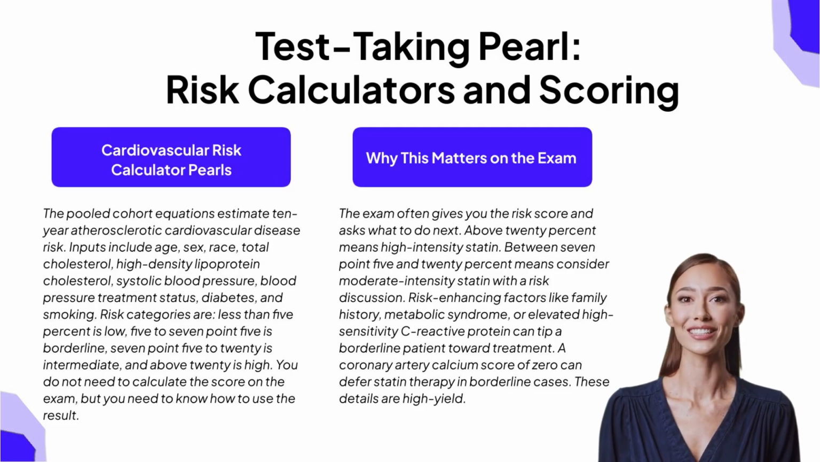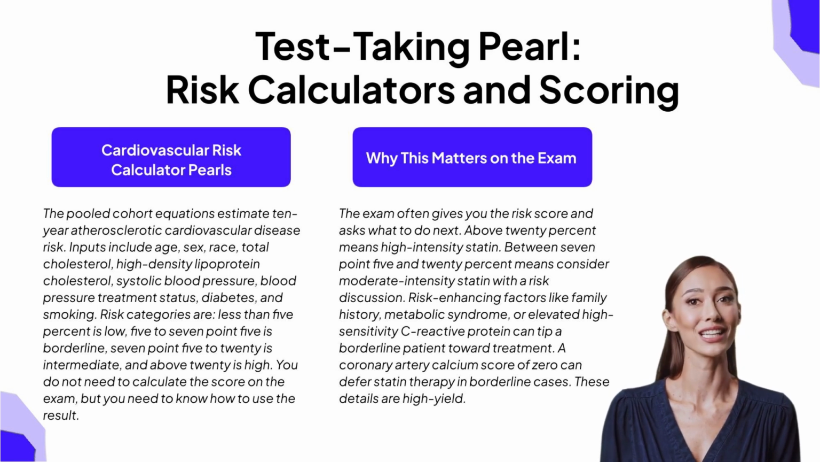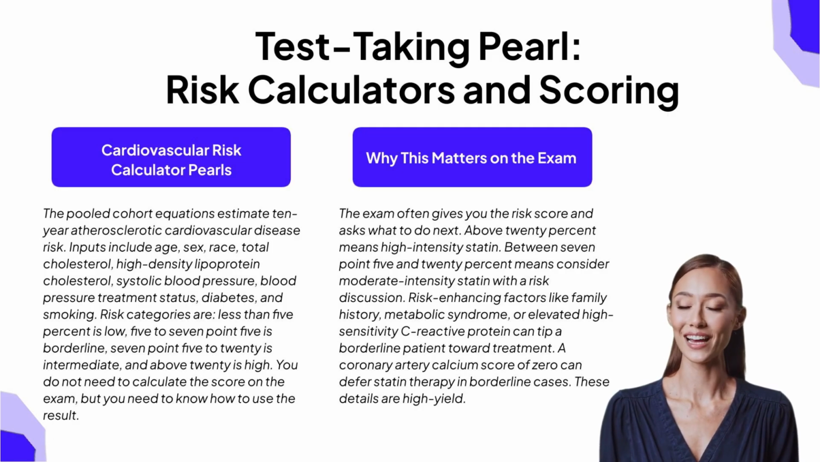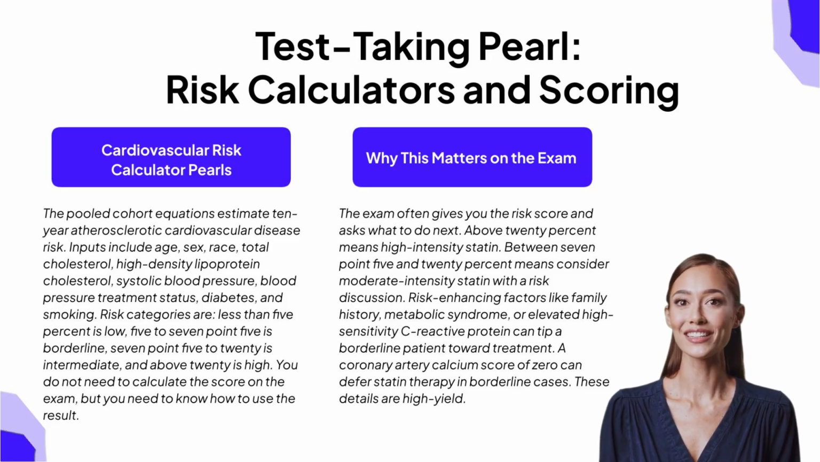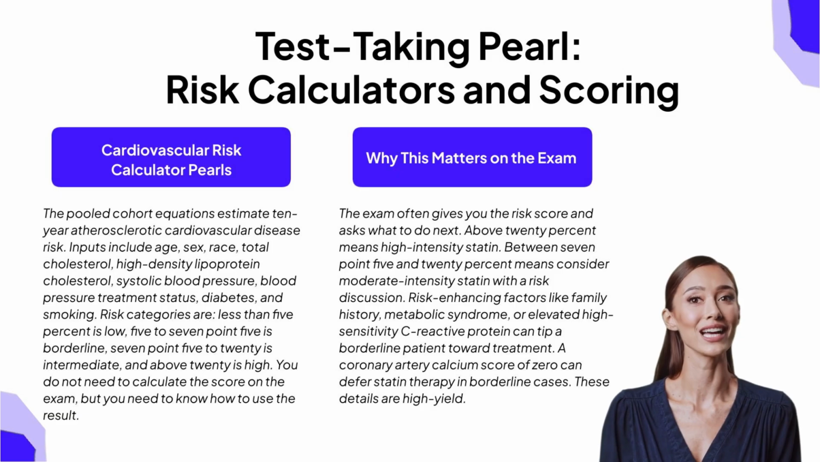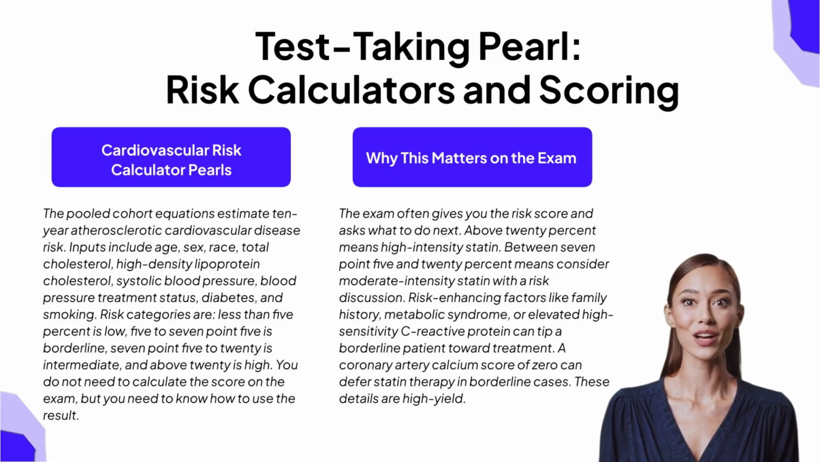Here is a critical test-taking pearl about cardiovascular risk calculators. The pooled cohort equations are used to estimate 10-year atherosclerotic cardiovascular disease risk. The inputs include age, sex, race, total cholesterol, high-density lipoprotein cholesterol, systolic blood pressure, whether the patient is on blood pressure treatment, diabetes status, and smoking status. You do not need to calculate this on the exam, but you absolutely need to know how to use the